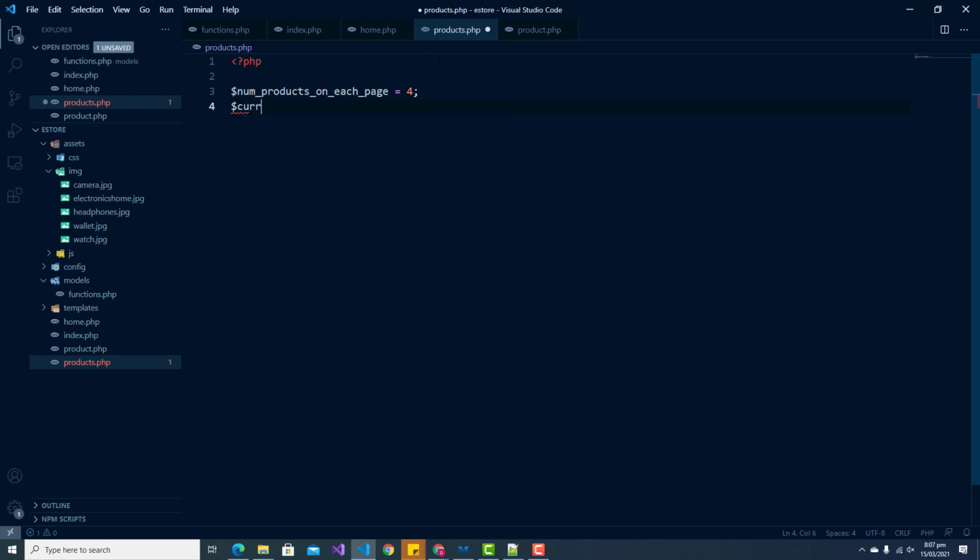Then I'm going to create a variable, and this will keep track of the current page. All right, so in the URL, we'll notice that once we click on a particular product, it gives us the ID. So on our product, when we click on our product, it will send that ID to our products detail page and display the product that we clicked on. So this variable is going to keep track of that. So current page,